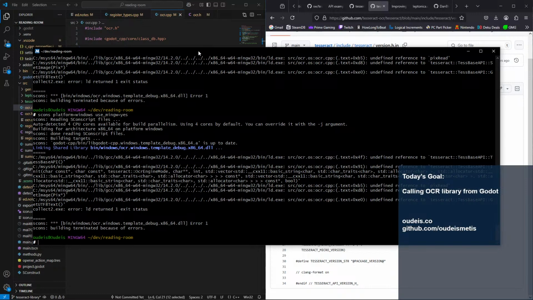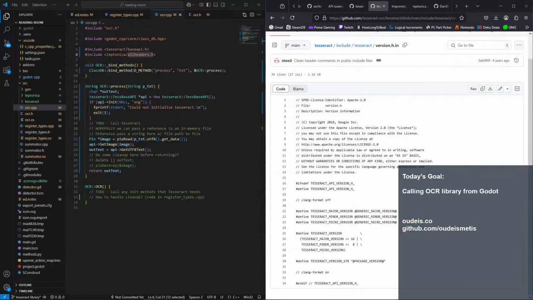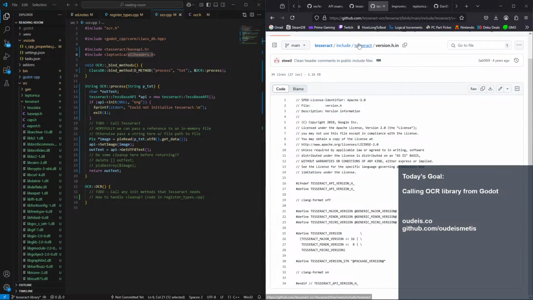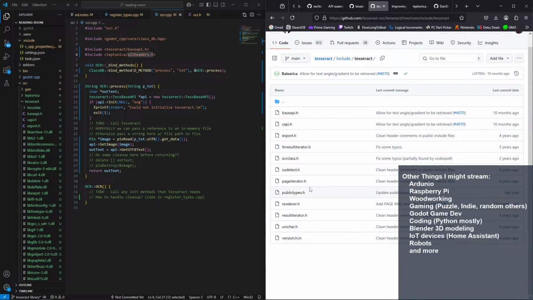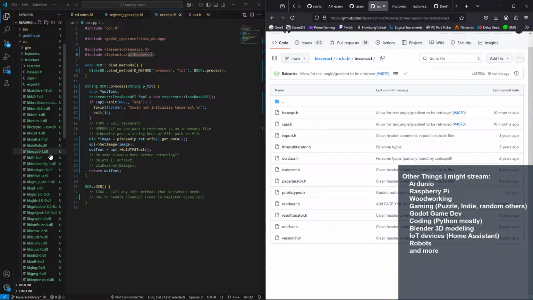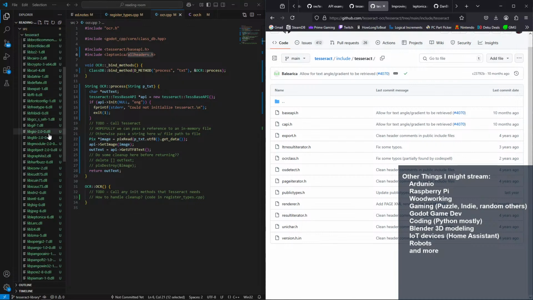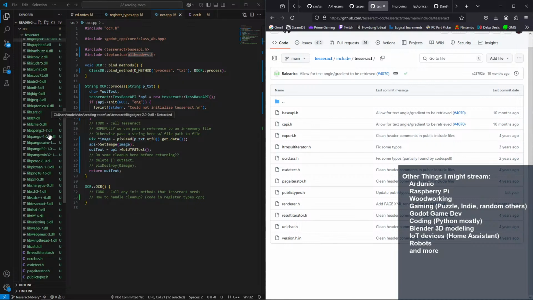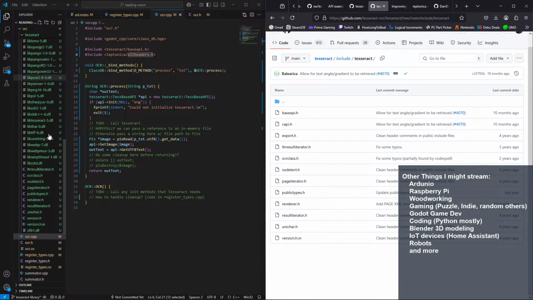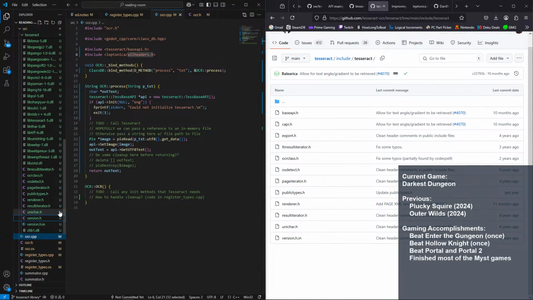So before I go down this rabbit hole of trying to figure out this aspect of things, let me come in here, and what was it? It was version.h.in. That's the only one. So where is that? Yeah, so I pulled in all these DLLs from a built version of Tesseract that I have locally. And there we go, version.h.in. Let's delete that. And now if I rerun it,